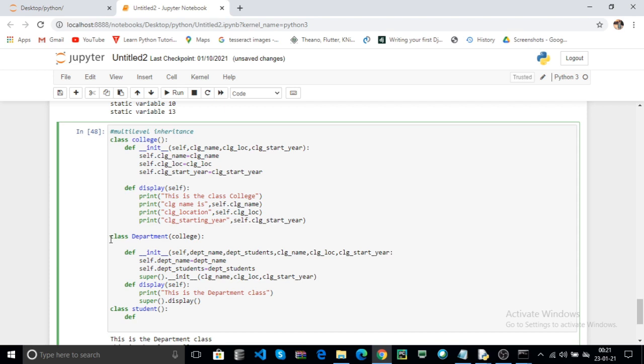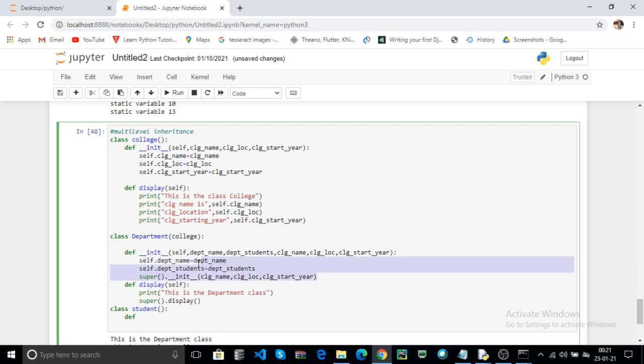that means you can create the object for your department. You can pass all the parameters here. That means your constructor takes all the parameters and initializes your DEPT data, after which it calls your parent constructor. Your parent constructor contains the college name, location and starting year.